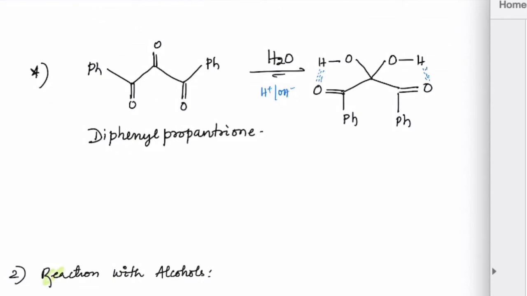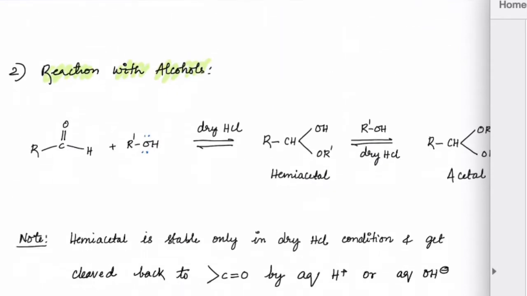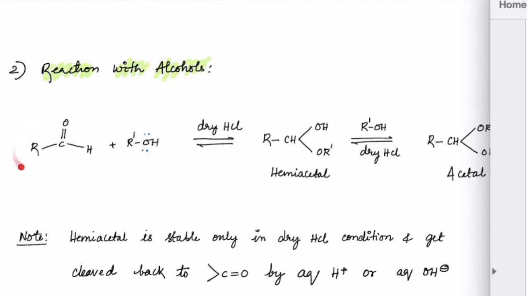So now we'll do addition of alcohol, or reaction with alcohol. In case we have any aldehyde or ketone and react that with alcohol, what would happen? For this reaction to happen, first of all, ROH is a very weak nucleophile, so the attack of the nucleophile would be relatively very slow. So to enhance this reaction, we need some electrophile to be added on oxygen before a nucleophile can attack.